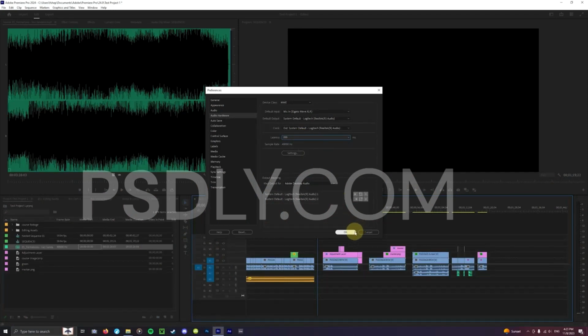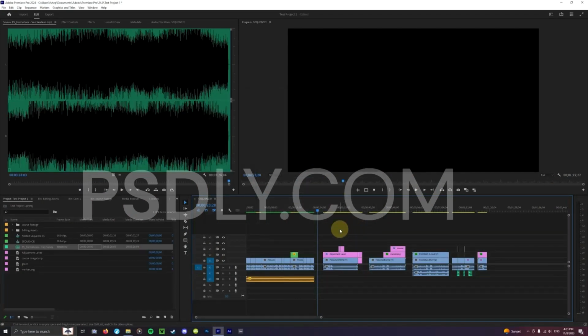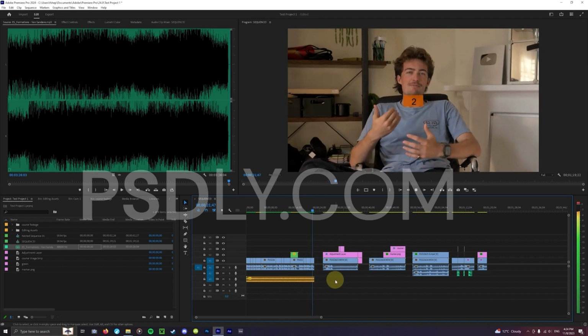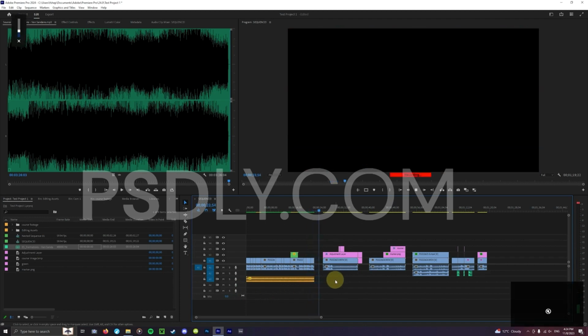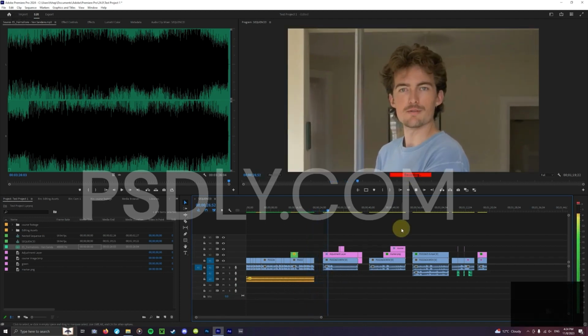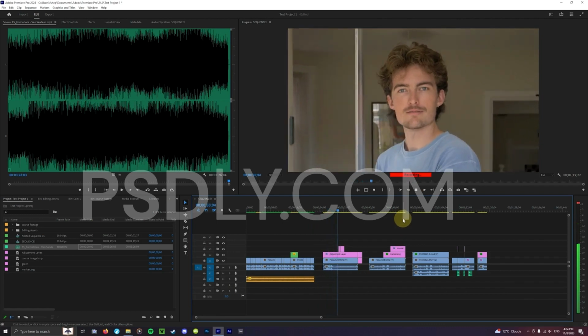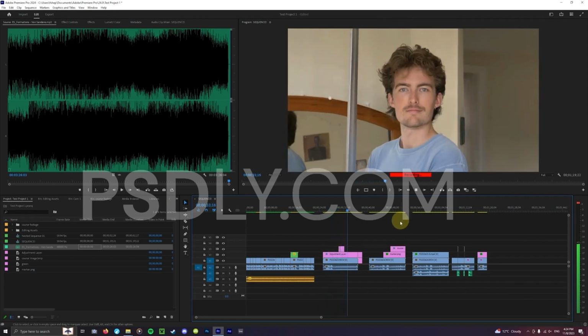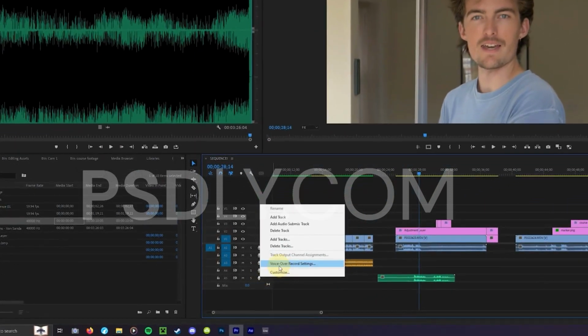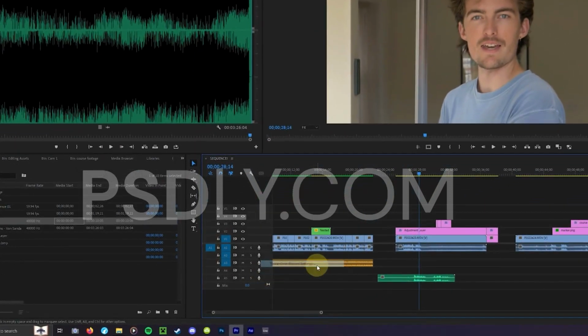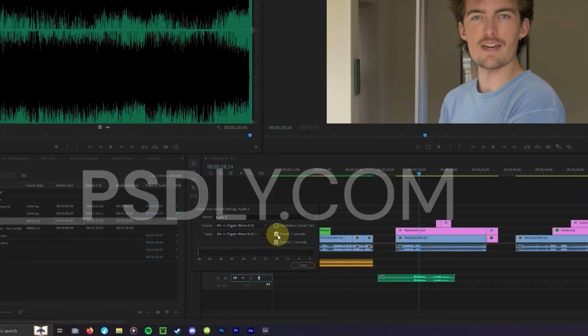Just click OK when the settings are optimal. You're now ready to record. Put your playhead on the timeline where you want to start recording and press that little microphone button. By default, you should get a 3-second countdown, and then it will start recording. Just press that little microphone again to stop recording, or hit the spacebar, which is a lot easier. You can turn off the countdown by right-clicking, going back into VoiceOver Record Settings, and unticking the box next to